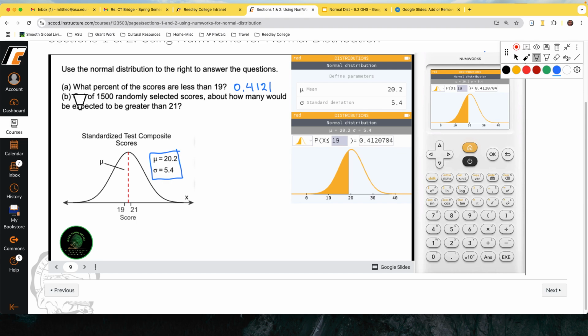Now this one's a little challenging, can be. Out of 1,500 randomly selected scores, how many? So notice they're not asking about percent. Before, the questions were what percent are such and such. This is how many, so that's a number. Would be expected to be greater than 21. So we go about it, the tool is going to give us the percent, right? Not the amount, and then we have to do an extra calculation. So we want the tool that will give us greater than, more than. That's the second tool. We put in the value of 21, and that's telling us